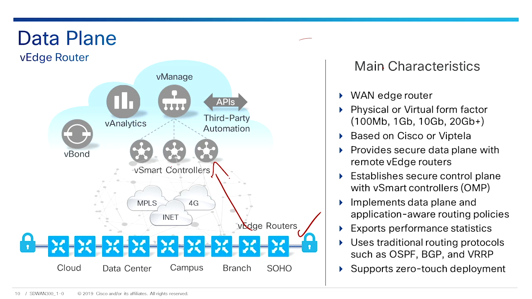vEdge routers use standards-based OSPF and BGP routing protocols for learning reachability information from service-side interfaces and for brownfield integration with non-SD-WAN sites. vEdge routers have a very mature full-stack routing implementation which accommodates simple, moderate, and complex routed environments. For layer 2 redundancy, the service-side LAN interfaces, vEdge routers implement VRRP, first hop redundancy protocol, which can operate on